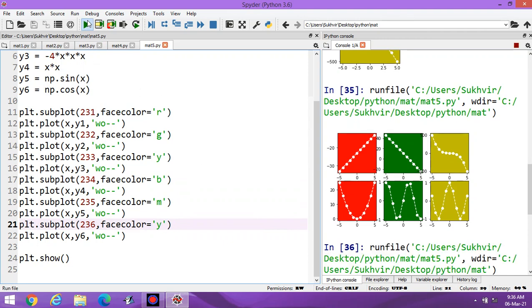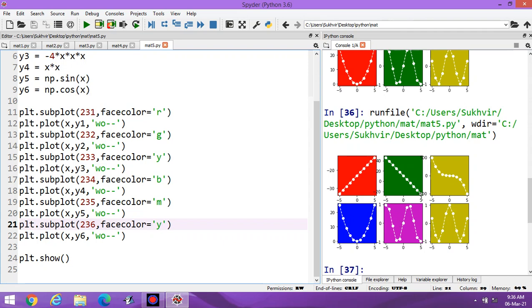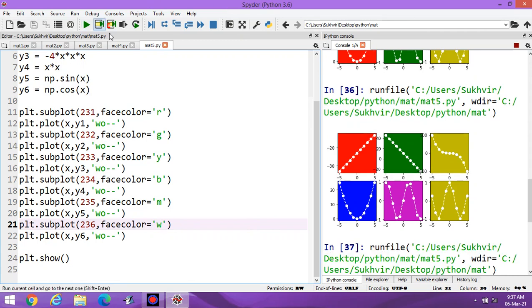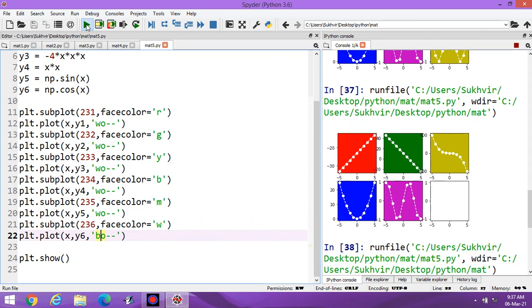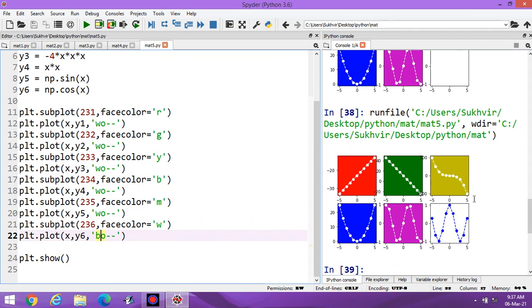Okay, you can change the content. You can display accordingly. Suppose I am writing white only, and here you can change the color to blue so that you can see the graph. This one is the representation of graphs. Hope you understand the content.